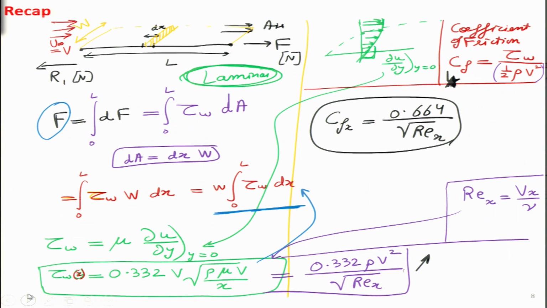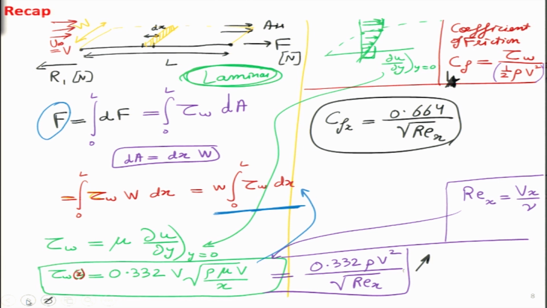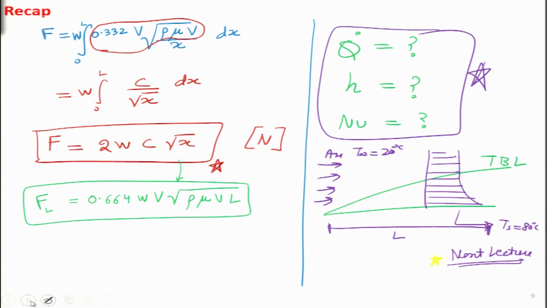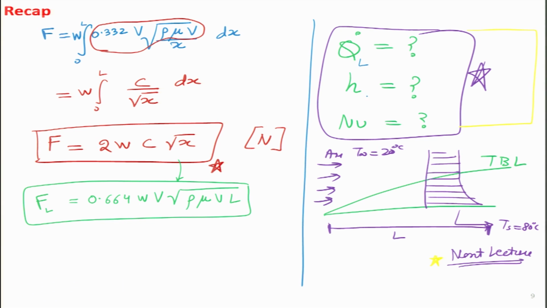So, these are some of the things that we looked at, and then we asked ourselves some questions as well. I will summarize that question again: how do we calculate the value of these parameters once we want to average them, and which parameters are we talking about, as written here on the right hand side. For heat transfer, we want to calculate these three values, Q dot, H and Nusselt, and I can put a subscript L, that we want these values for a plate of length L as shown here.